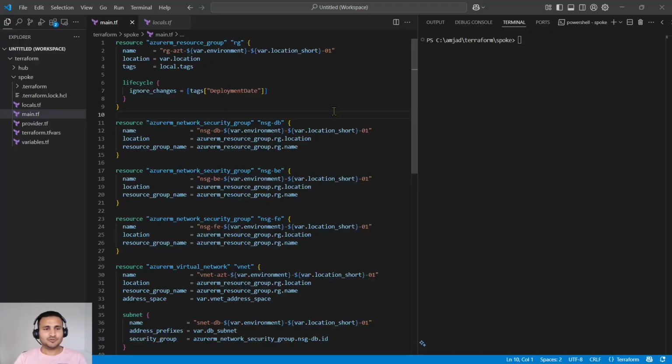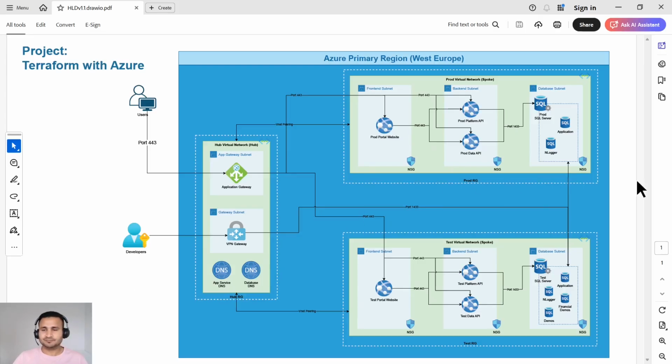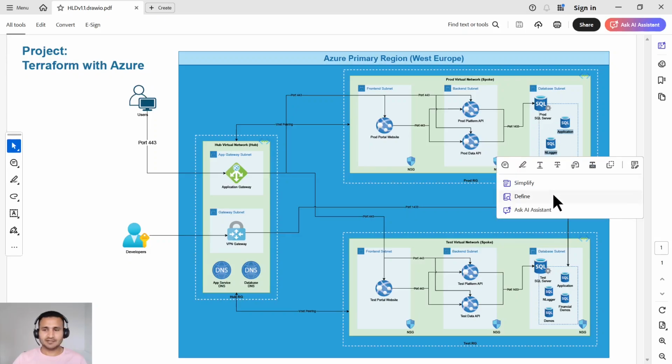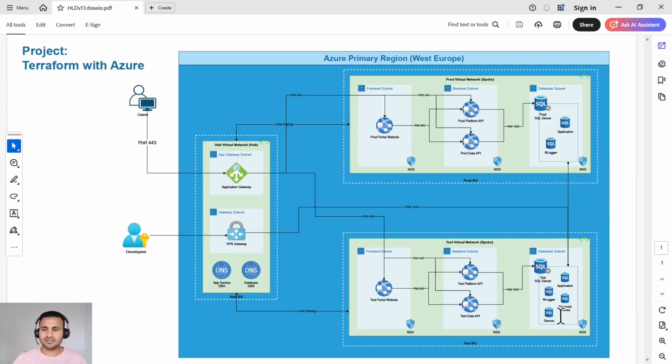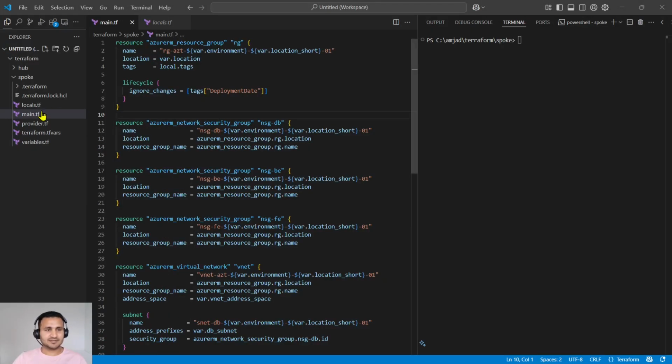Let me show you one good example we have in our project. In prod, I have only two databases, right? I want to create only two databases, but in test, I want to create four databases, right? So for prod and test, there are some differences between the databases. So now let's create the databases first, and then I'll show you how we are going to define,